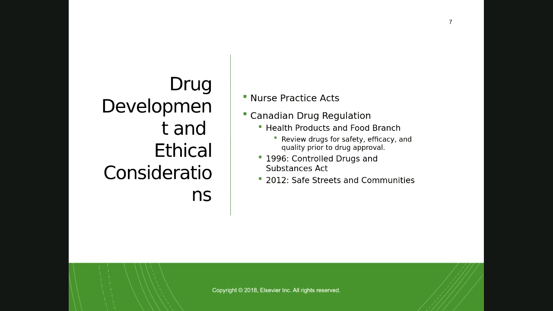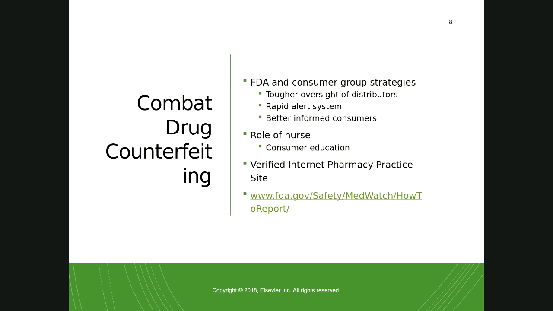Now you'll want to go to combating drug counterfeiting. The FDA and consumer groups' strategies are basically tougher oversight of the distributors, a rapid alert system, better informed consumers, and then you have the role of the nurse, which is to educate, and then always verify